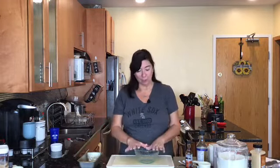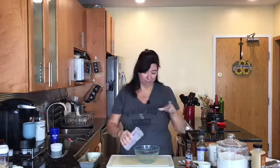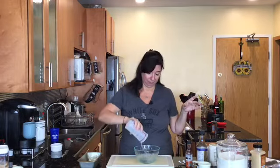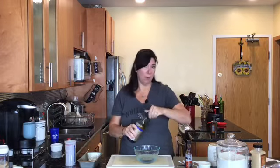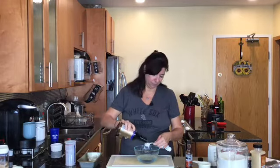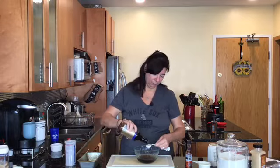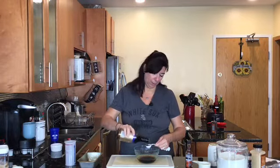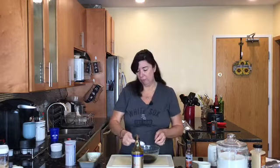So first thing we're going to do is our wet ingredients. And again, this recipe couldn't be any simpler. Water. We are going to need 2 tablespoons of tamari or soy sauce. I'm using a low sodium. Okay. And we need 2 tablespoons of